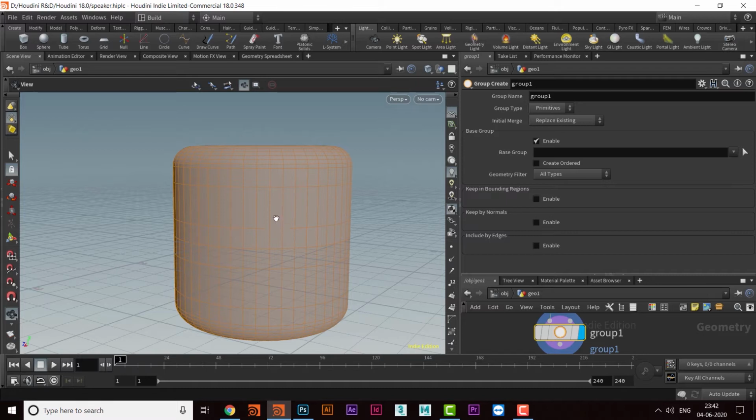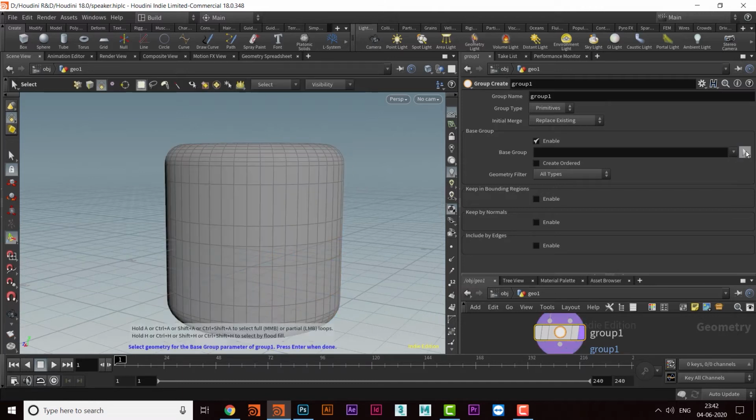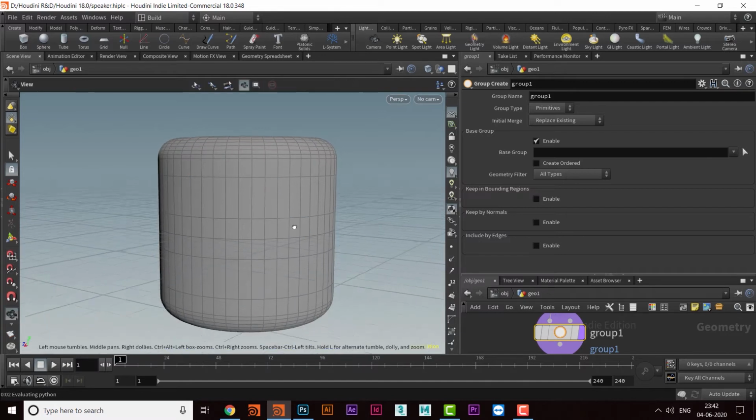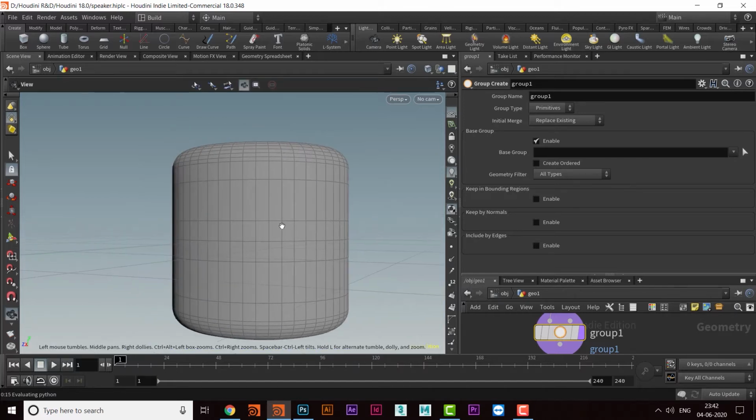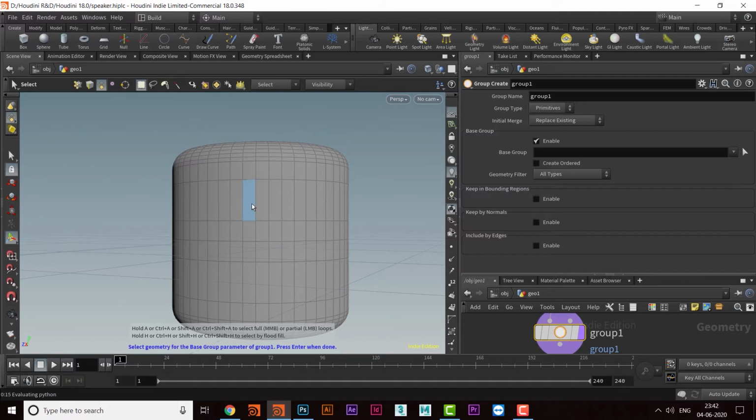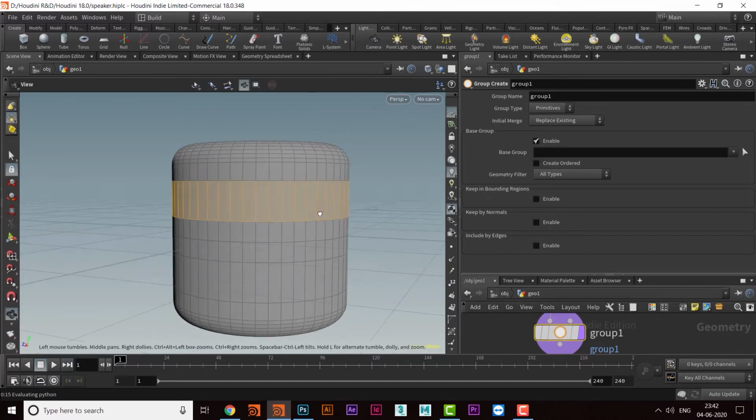First of all, I'll go here in the scene view and click here. As soon as you click here, all the primitives will get deselected, and now it is asking me to give the numbers of the primitives which are selected. I'll left click on one of the primitives, then press A and the middle mouse button, and then the whole loop will be selected.